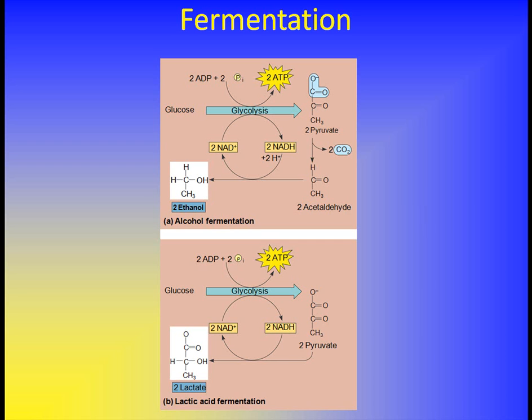NAD+ is oxidized and can go back to glycolysis and be reduced again over and over and over. Now, animal cells do not go through alcoholic fermentation, or else we would probably all be exercising constantly to get a lack of oxygen so that we had this automatic high from the alcohol. That's not what happens, which is also a very good thing, because we actually go through what's known as lactic acid